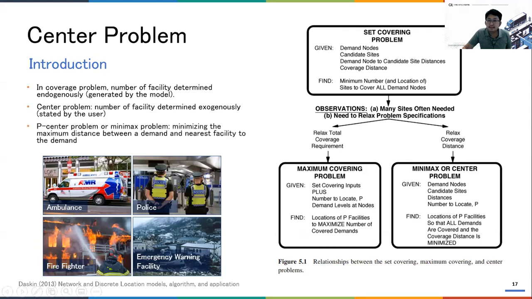We want to minimize the total travel distance. Let's say you have 1, 2, 3 here, and 1, 2, 3, 4, 5. If you want to open this facility and this facility, the largest travel will be perhaps this one. Let's say this one 15 kilometers, this one 10, 14, 13, 12. So it minimizes the most distance to cover the customer. That's why it's called the minimax problem or center problem. Okay, and this is the concept of the center problem.